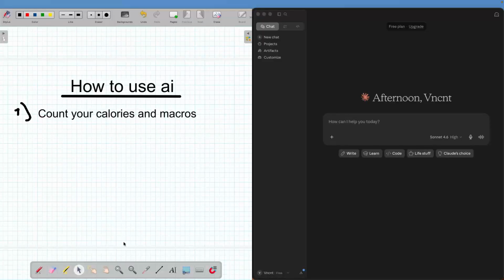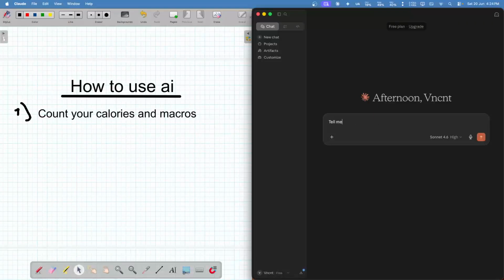You need to say if you do low or medium amounts of exercise, and that doesn't mean anything. So nowadays you have AI and you can actually write in here: tell me how many calories I should eat daily if I want to lose fat